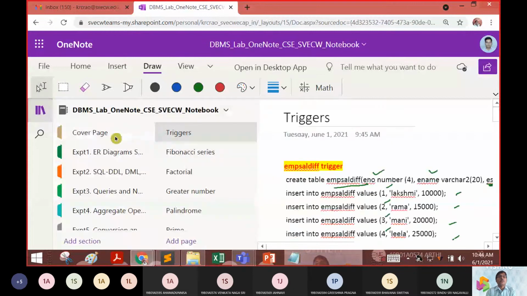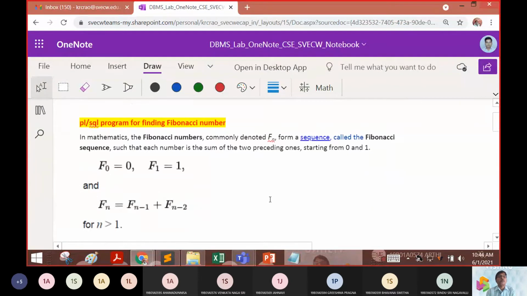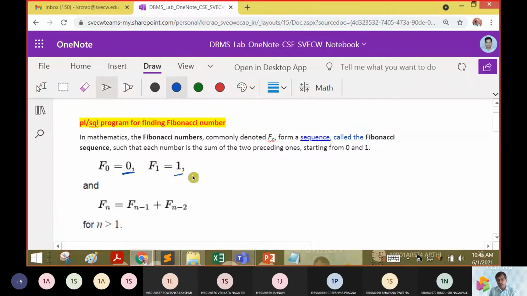Now in this batch1, let us start by working with the Fibonacci series. You are aware of the Fibonacci series: the first value is 0 and the next value is 1. If I want to compute f2, it is going to be f0 plus f1.